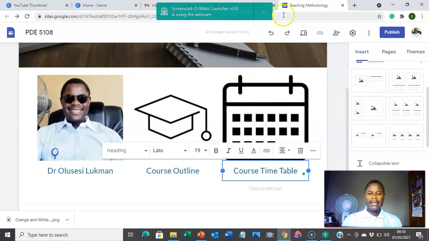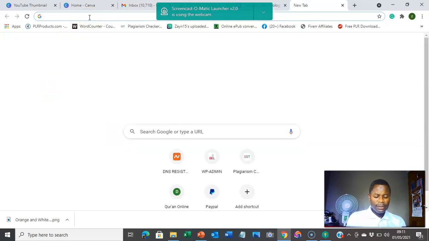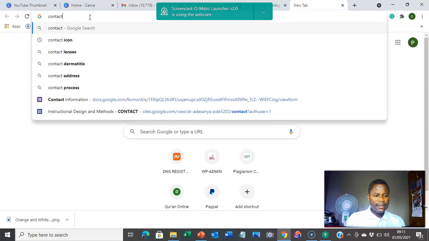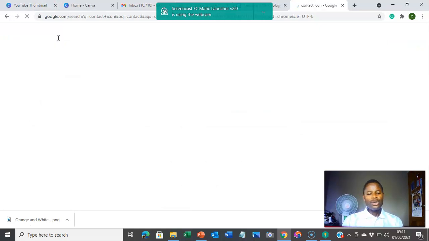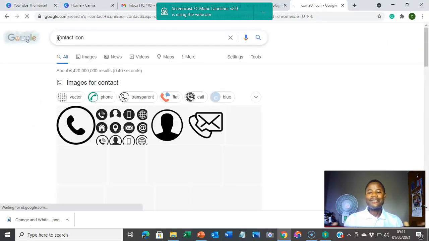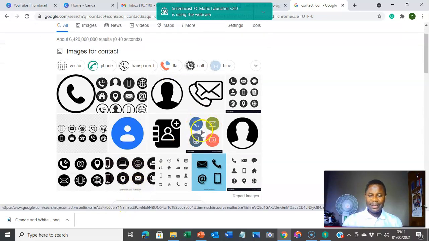Let me quickly take us through how to create different kinds of icon for our website. Now, if you click on a new window, right? Search contact icon. Okay, fine. So if you click on it, Google would offer you different kinds of icons that you can use to represent contacts. Right? Look at this one. I think I like this one